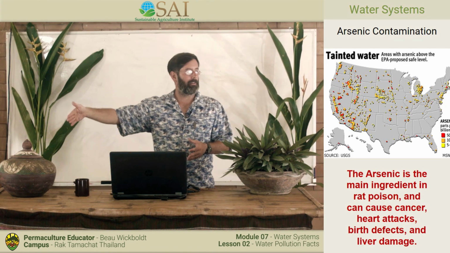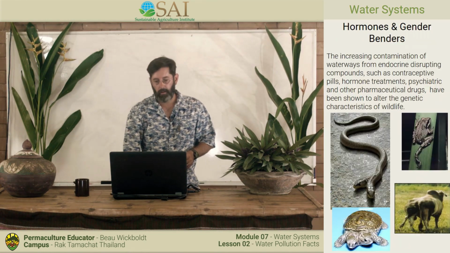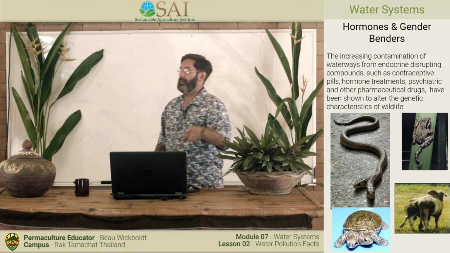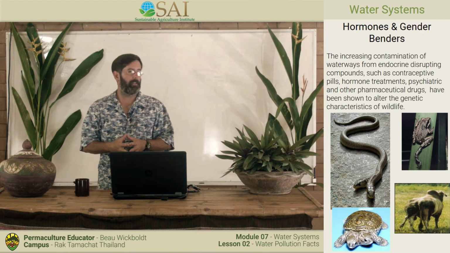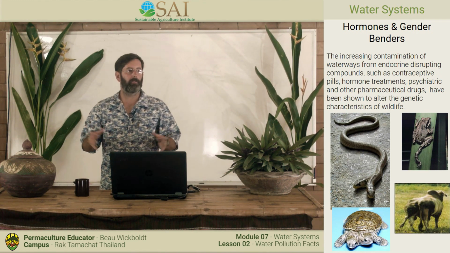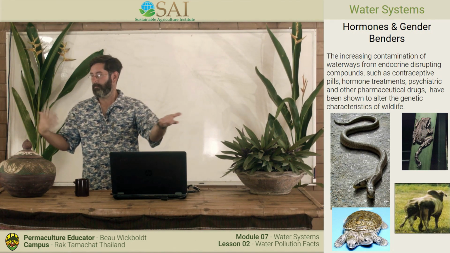It won't ever get better, not within our lifetime, like thousands of years, it's going to be like that. So what does that do when we get those types of things? We get what they call gender benders. We start to get people getting deformities, but we also see it first in the animals. The animals don't have the access to buy clean drinking water, right? So what do they get?